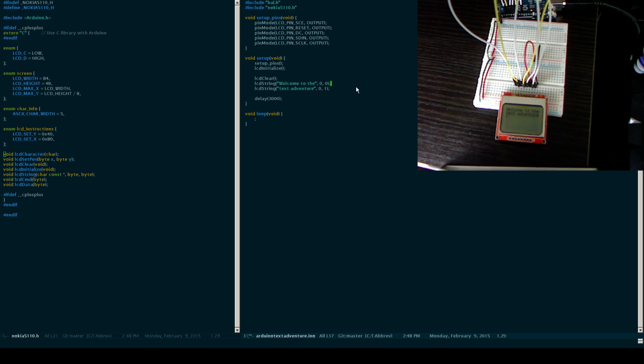So if I use 0 and 1, I can use the bottom 3 lines for some more text after a short delay. Let's just say something like